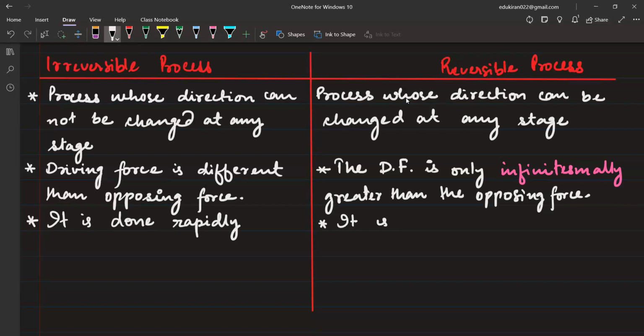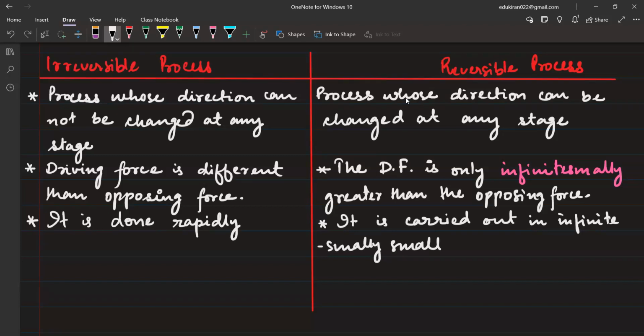It is carried out in infinitesimally small steps. और इन्फिनिटेसिमली स्लोली कर लेते हैं, इसमें रैपिडली का अपोजिट स्लोली होगा, तो स्लोली लिख दिया हमने, ठीक है ना। चलिए नेक्स्ट पॉइंट प्लीज राइट।